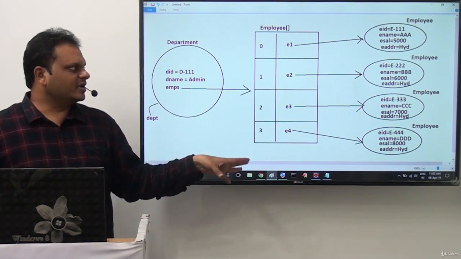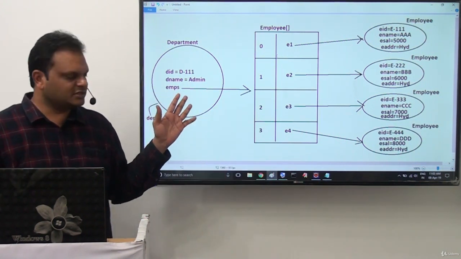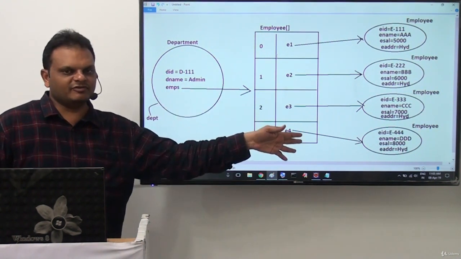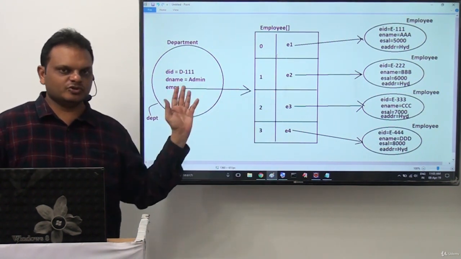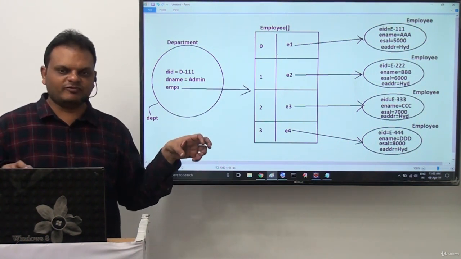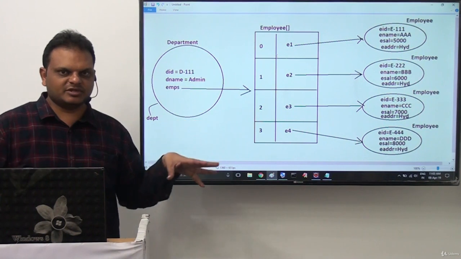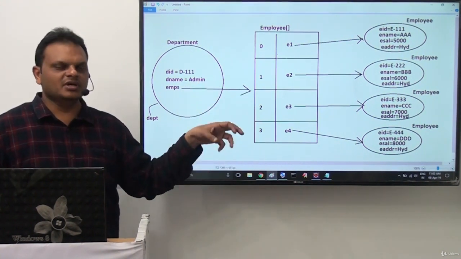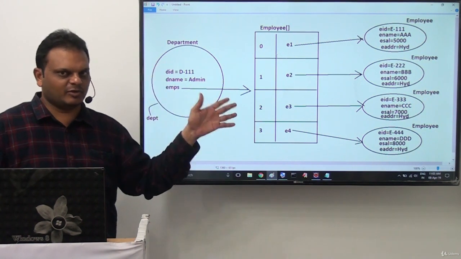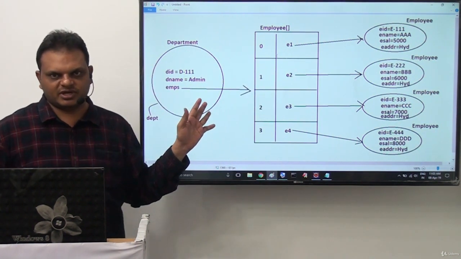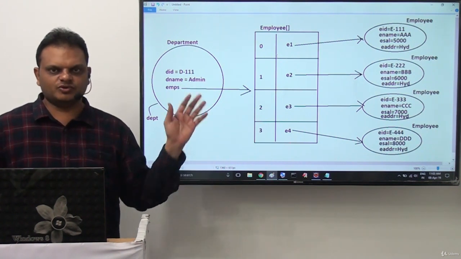Like this, in this way, a single department object includes multiple employees. So from department to employee, if you observe, we are able to get a one to many association clearly. So this is the total internal flow diagram, the internal data representation about this one to many association, in the example of which a single department has multiple employees. This is the total awareness we can gain about our one to many association.